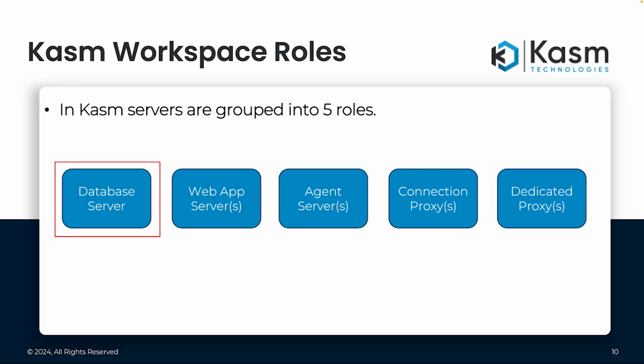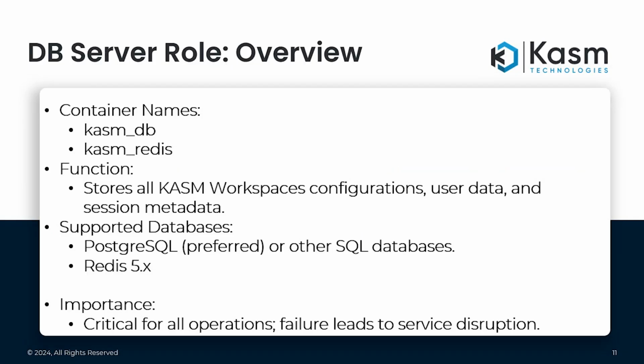So now let's dive a little bit deeper into Kasm and the roles of Kasm servers within the product. In general, I'd say there's 5 roles that exist within Kasm systems. You can see here: database, web app, agent servers, connection proxies, and then dedicated proxies. To start with, let's talk about the database server. When the database server gets deployed, if we're not connecting out to an existing external database that's pre-existing within a customer environment or a cloud-hosted system,